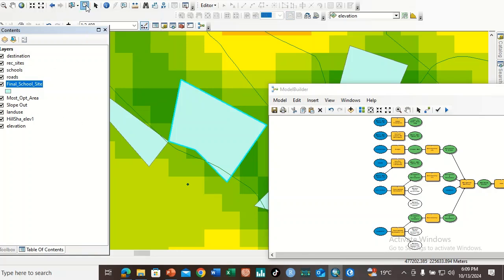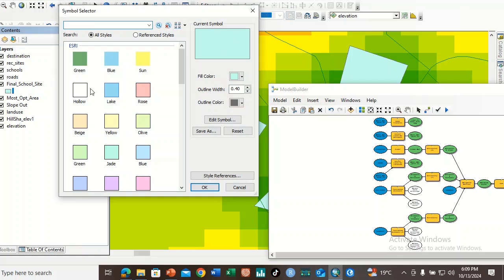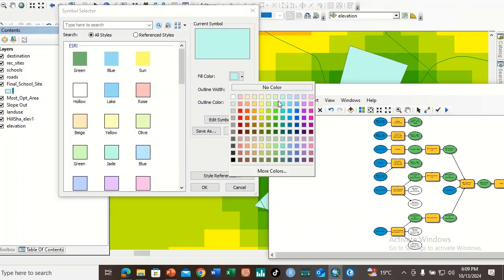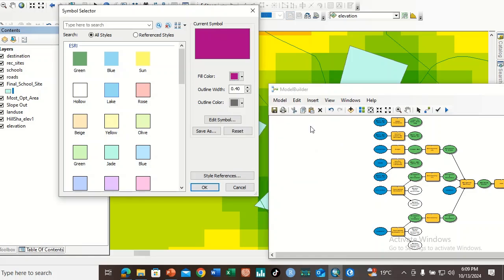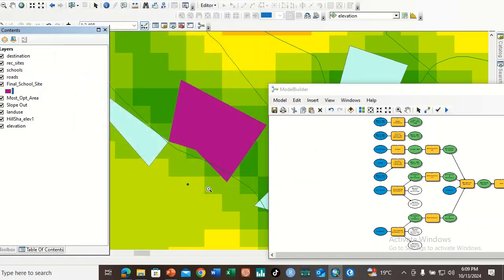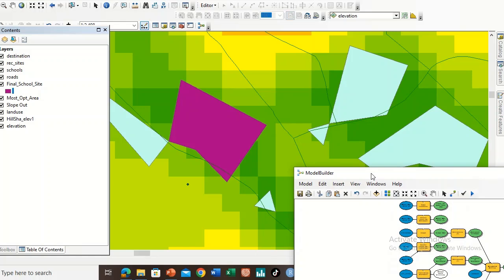You can deselect this one, and you can change the color of this one. Let's make it dark rose. Yes, this one is the final site selected for school. Now you can propose this site for school